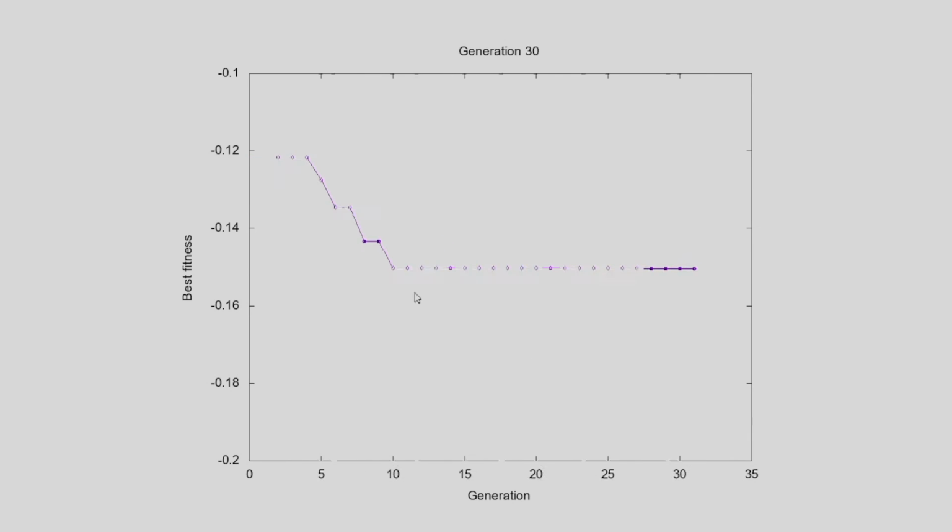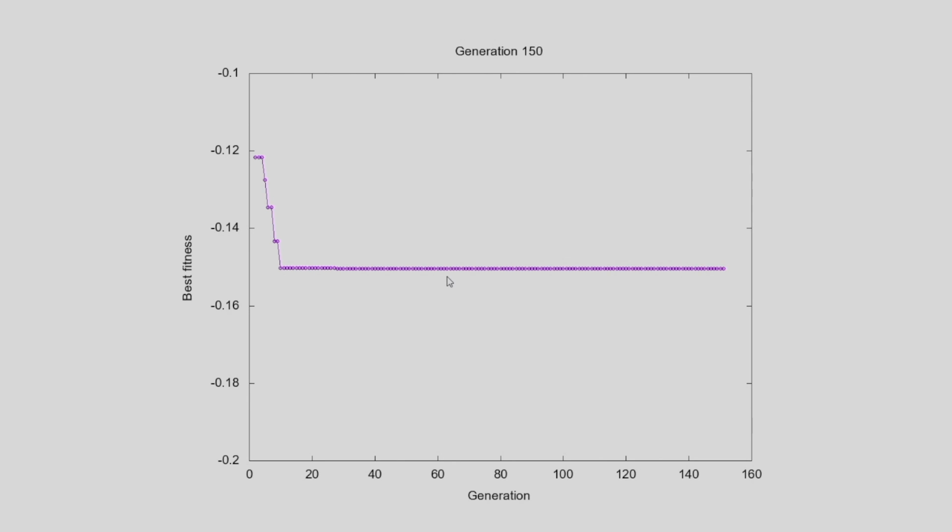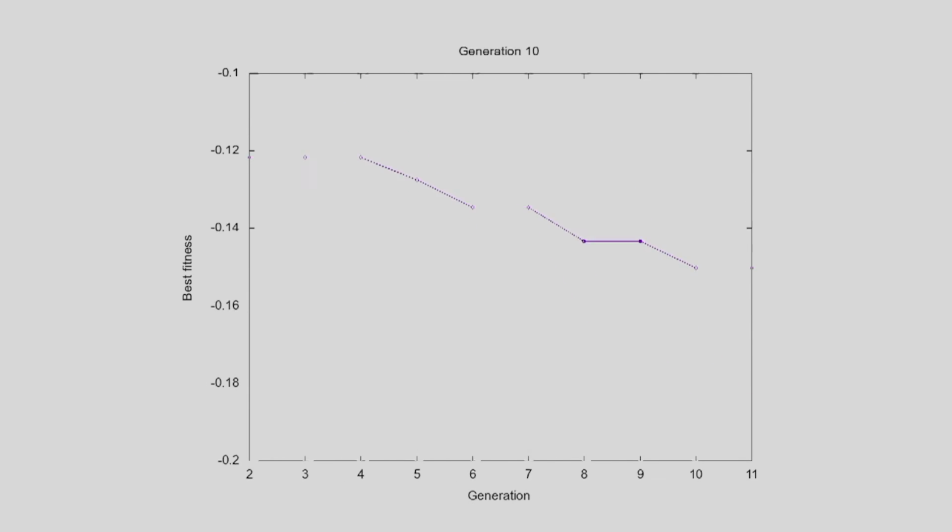Now, as can be seen, close to 10 generations, the optimum solution was found. It is only because the infeasible solutions were penalized heavily, and therefore all the solutions we get are feasible and they search for the optimum solution quickly.